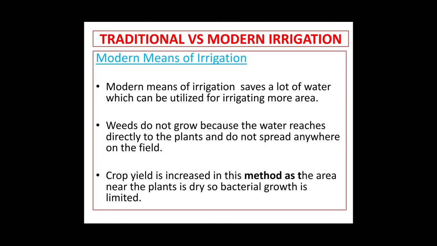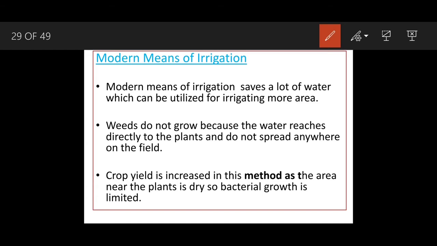Now let's see the modern means of irrigation. The modern means of irrigation saves a lot of water, which can be utilized for more areas. It means larger areas can be irrigated by using the water which is saved. Then the next, weeds do not grow because water reaches directly to the plants. Now children, when I teach you about the modern means of irrigation,